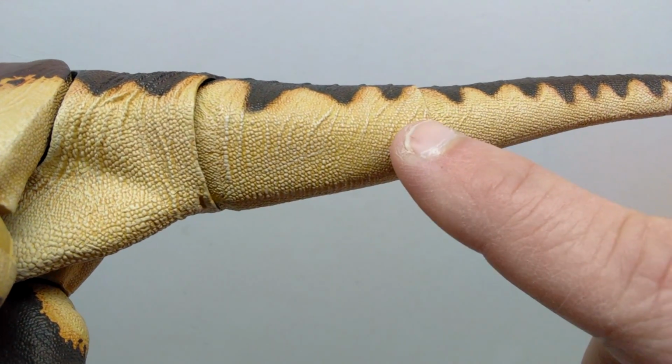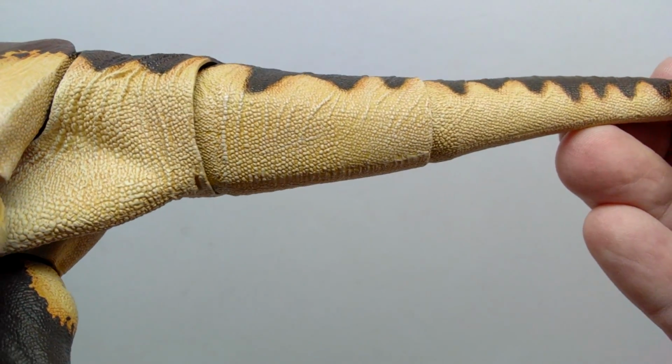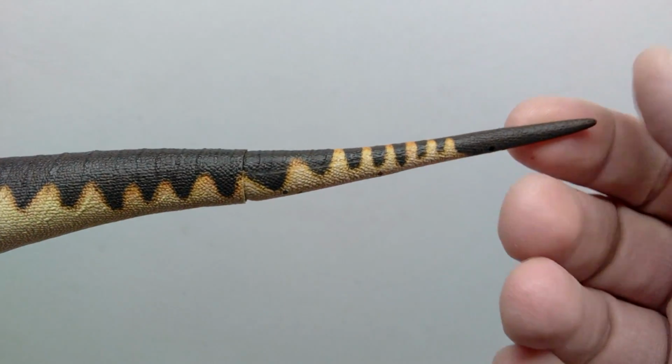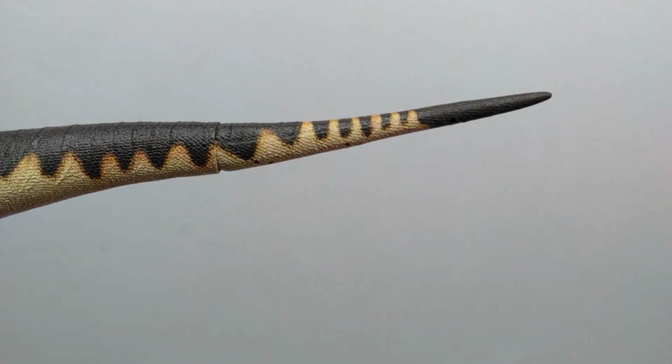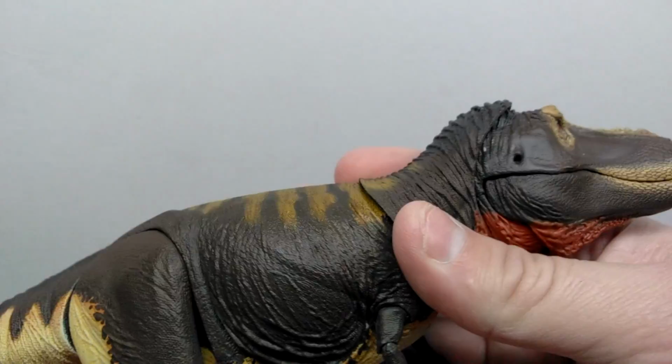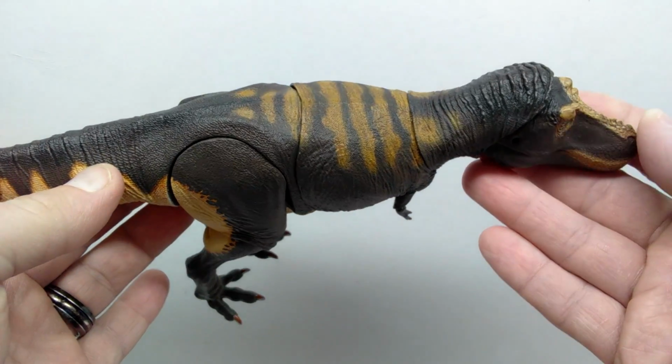And you can really see how nice the dry brushing of that light tone highlights the detail moving along. And then as we reach out here to the tip, you can see that the entire tip of the tail is overtaken with that dark tone. So absolutely beautiful. You can see again the opposing side is going to look pretty much the same, no real